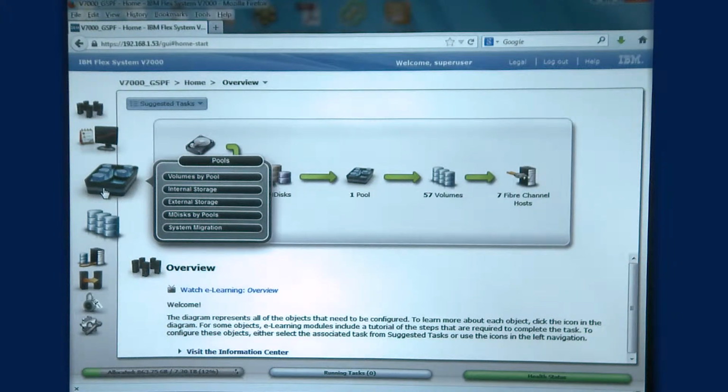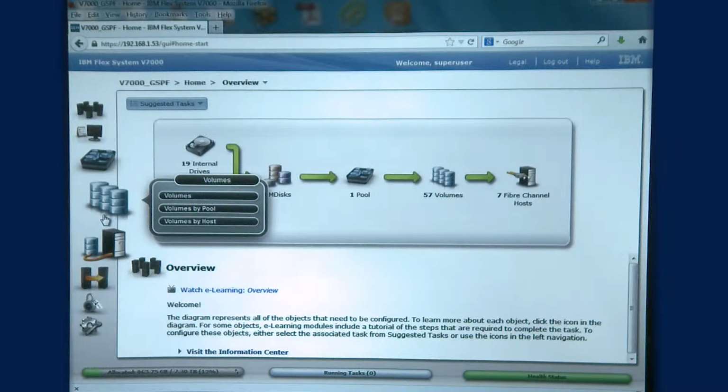Pools are the pools of disk or pools of arrays within the IBM PureFlex V7000. Here's where I would do that configuration or management to be able to see what disk I'm using for what pool. Now I'm going to move more into the virtual side of things, where I start to virtualize my V7000